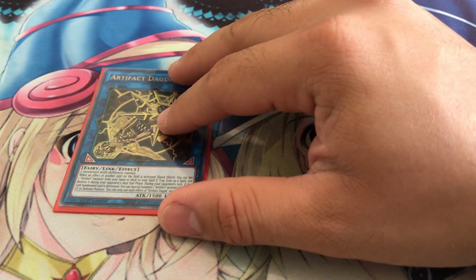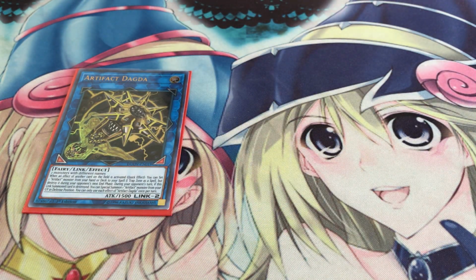Running 1 Artifact Dagda. This card is really neat. It just requires 2 monsters with different names, which is super easy to do. When another effect on the field is activated, as a quick effect, you can set 1 Artifact monster from your hand or your deck. So this gives you instant access to Scythe, or Moral Attack, but you're mainly going to go for Scythe. And the reason why this is so important is because